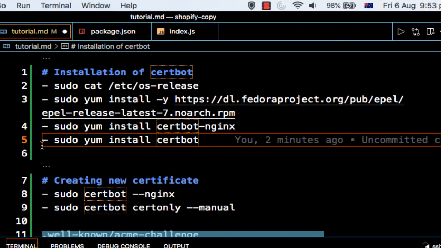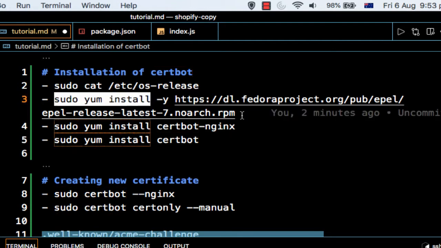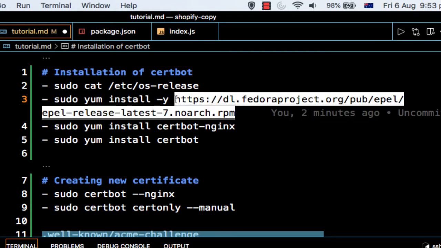For me, I had to execute these commands: sudo yum install this rpm package. This package or repository contains certbot, and once it is downloaded, I can install it using these commands: sudo yum install certbot nginx and sudo yum install certbot.